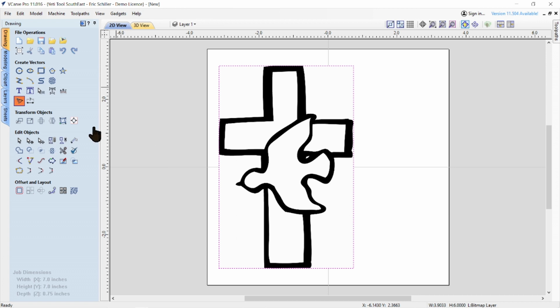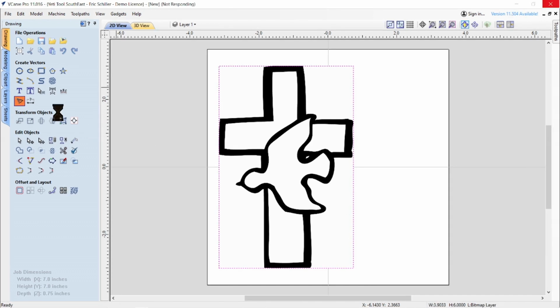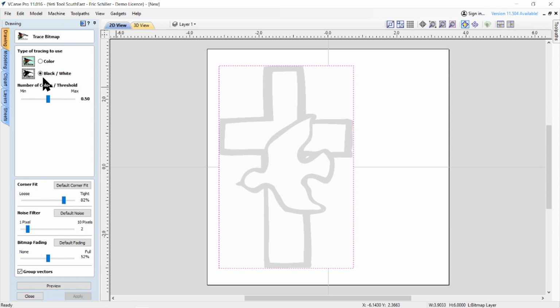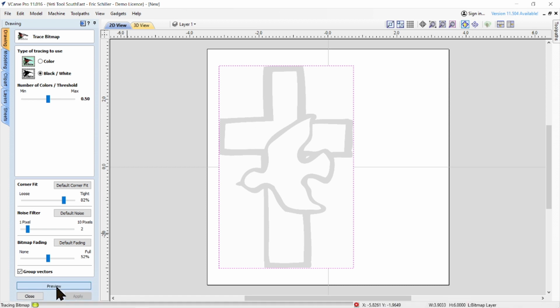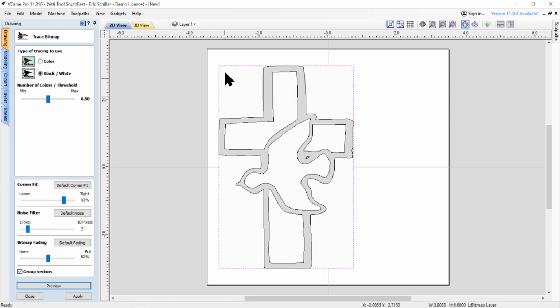Pretty simple. Once you click this, we'll be able to select whether it's a black and white drawing or color. This is black and white, so it's easier for it to trace. If it's color, we'll have several different colors here. We can pick which ones we want it to try to trace. But being black and white, this is going to be simple. We'll just pretty much use the defaults and tell it to preview it, and it did the tracing already, and it looks pretty good. So I'm going to apply that,